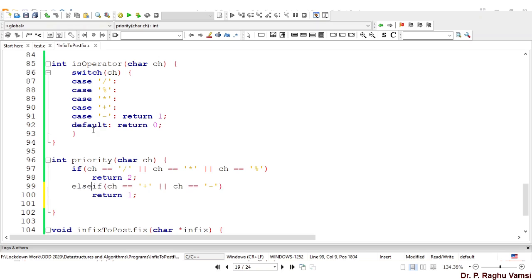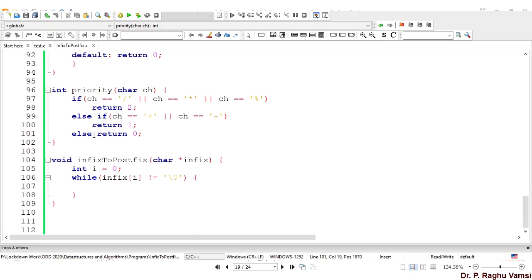Else, return 0. Other than this, anything, return 0. So helper functions like is operator and priority are also over.